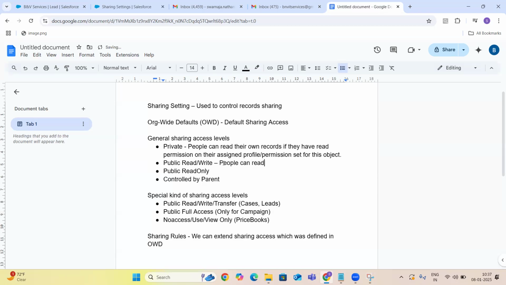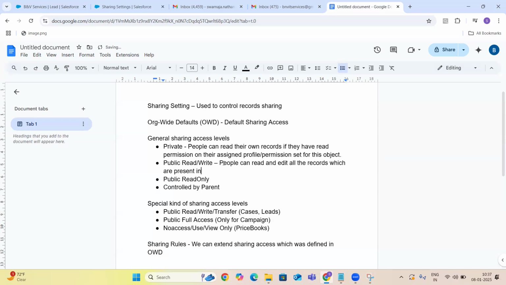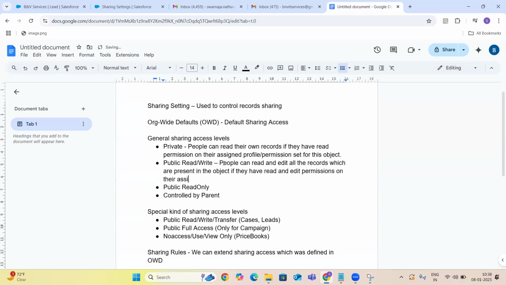People can read and edit all the records, not just their own records, all the records which are present in the object, if they have read and edit permissions on their assigned profile or permission set for this object.